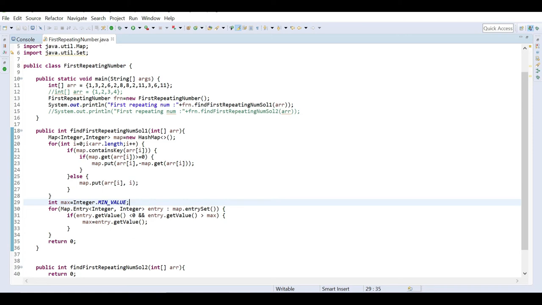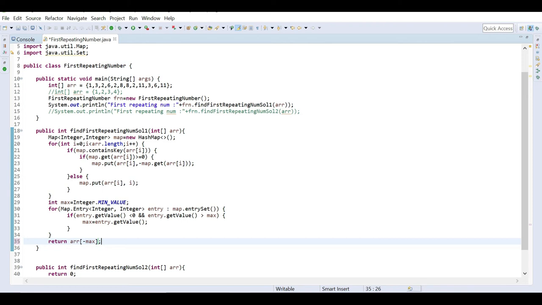Now what we have to return ultimately is, so max we will get, right? So we have to find the array of that position, the negative of that, because the value holds the index and in a negative way, because it is a repeating element.